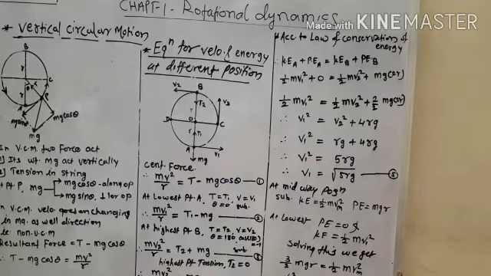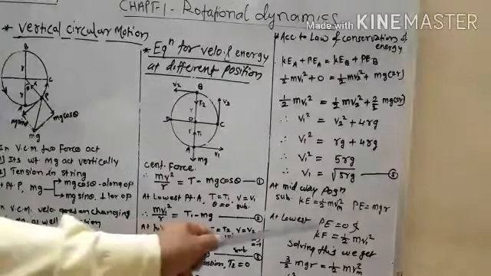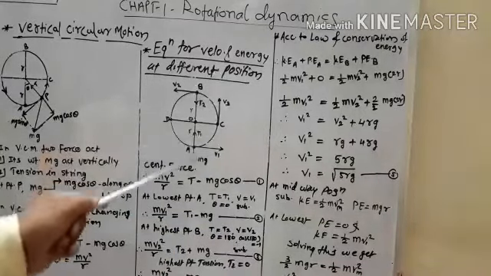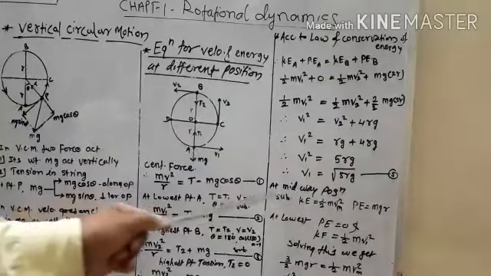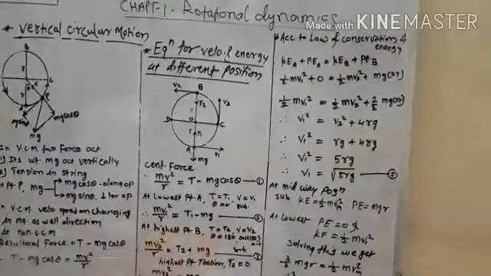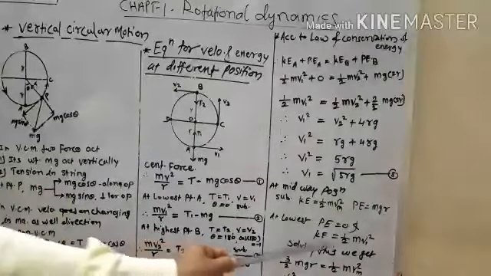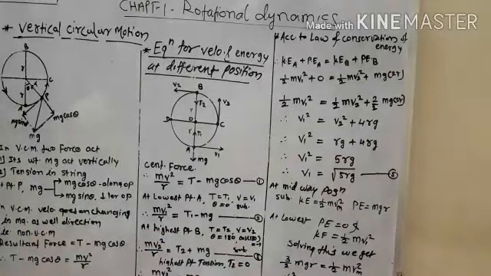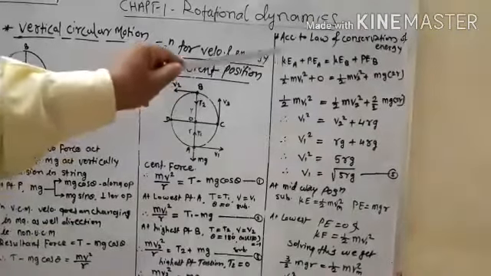Sometimes you may be asked to find the velocity at the midway position, that means at point C. We take Vm, m for the midway position. How can it be solved? For the midway position, the kinetic energy is 1/2 m Vm square and the potential energy is mgr. But at the lowest point we substitute the potential energy as 0, since h is 0, and the kinetic energy is 1/2 m V1 square at the lowest point. Substitute this in the above equation and solve.